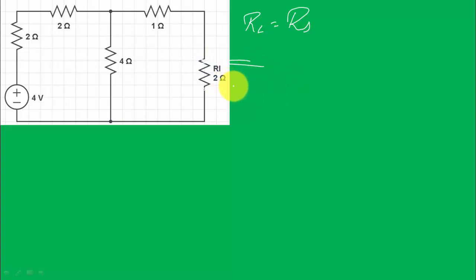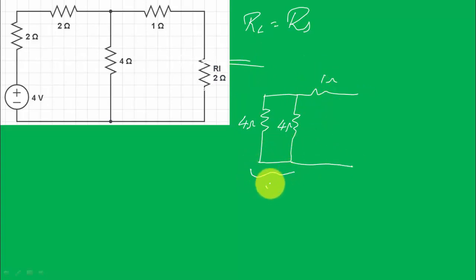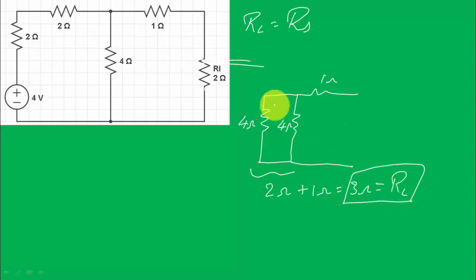In order to calculate this RL, all the voltage sources you need to consider as a short circuit, and all the current sources you need to treat as an open circuit, as in case 1 of Thevenin's theorem. So the final circuit that we will be getting is this 2 ohm and 2 ohm connected in series. So the equivalent is 4 ohm. In parallel to this you will be having a 4 ohm resistor. In series to that you will be having a 1 ohm resistor. So 4 in parallel with 4 will be 2 ohms, in series with 1 ohm, which is equal to 3 ohm. So the value of RL should be equal to 3 ohm for maximum power transfer,